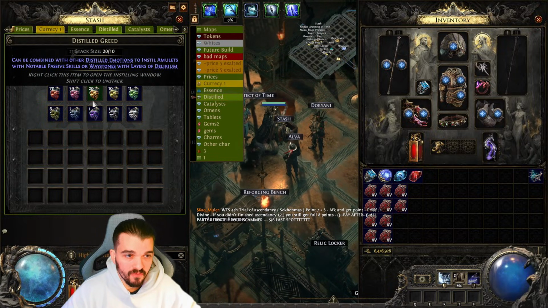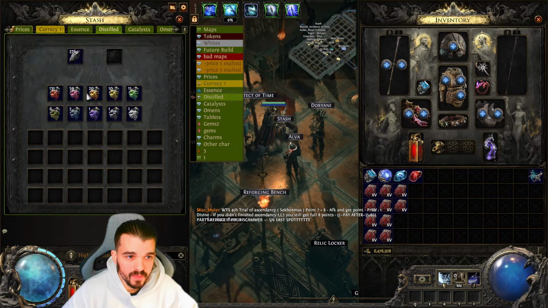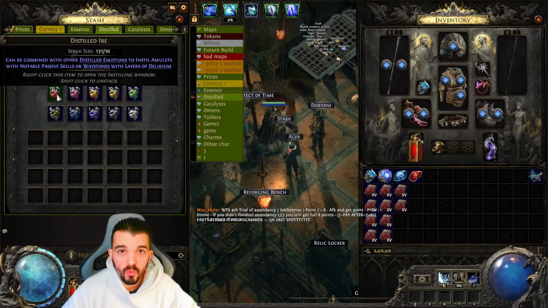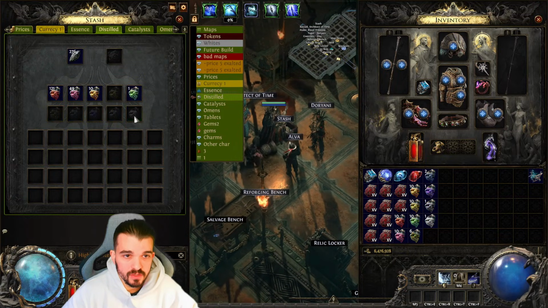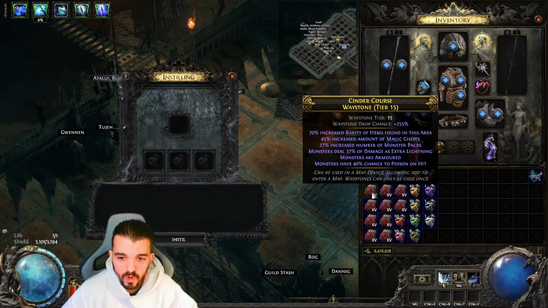Before we use a Vaal Orb, we want to check these ones first. And each of them, as you guys can see, it says that you can instill a waystone. And each of them will have a different effect on your waystones. And I'm gonna check all of them here just to show you guys. Two of them are the most important ones. So the grid one